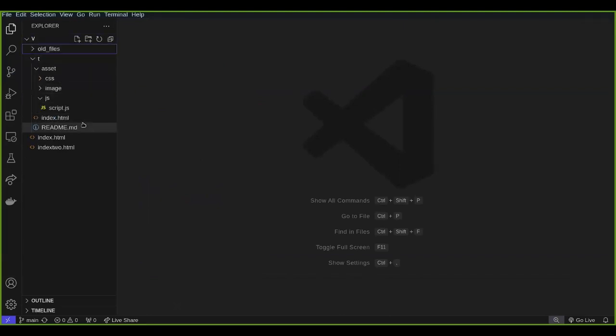So I'm back here. Let me create a new file on my desktop and open it with VS Code. The first thing you need to learn is how you can create a new file and open it with VS Code. So look at this. This is how you can create a new file and open it in VS Code.